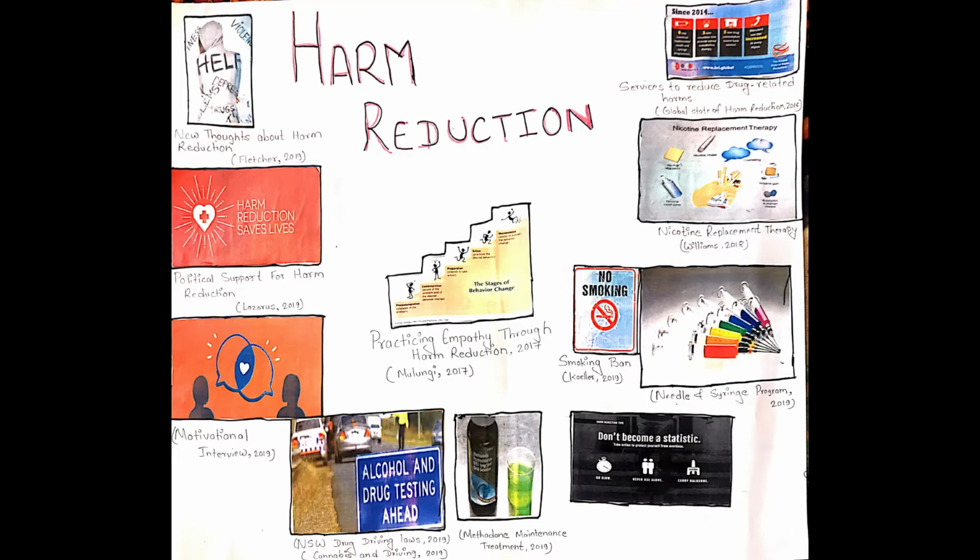recognition of the determinants of health and the complex interplay of social factors that influence vulnerability to drug-related harm, including poverty, social inequality, and discrimination; empowerment of drug users as the primary agent in reducing drug-related harm; commitment to defending universal human rights. Cannabis drug driving tests are also conducted by NSW police at the roadside with penalties to the users.